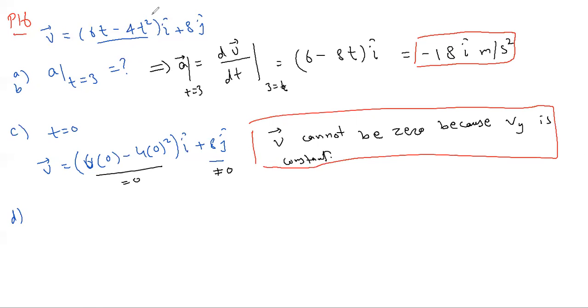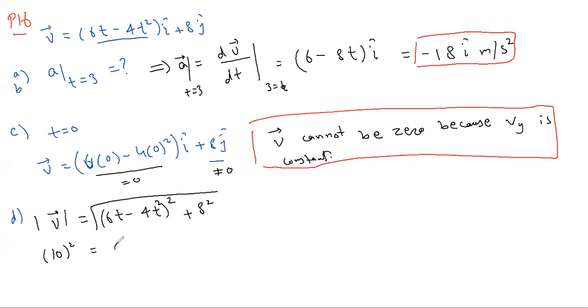To find this, we know that v is 6t minus 4t square plus 8 square. Now this vector is 10, so by taking the square, this will be 6t minus 4t square plus 64. Simplify this equation and this will be our